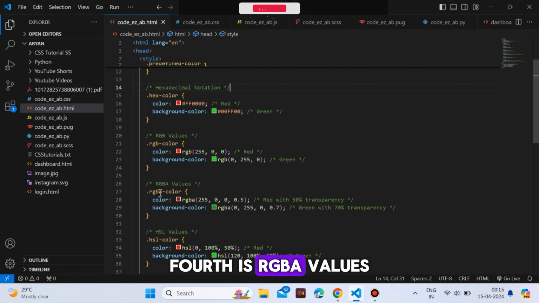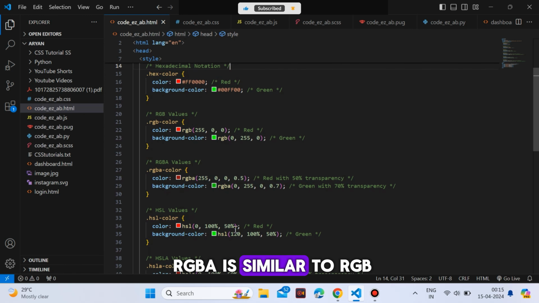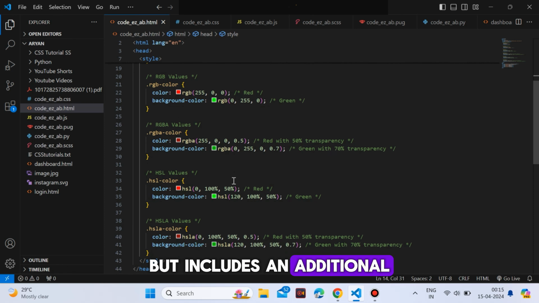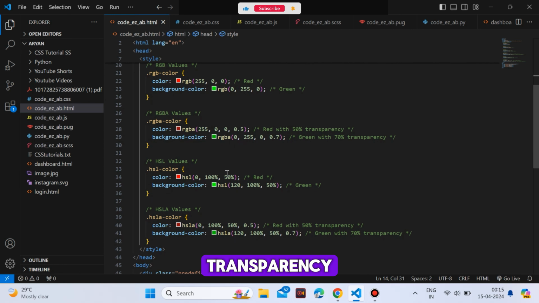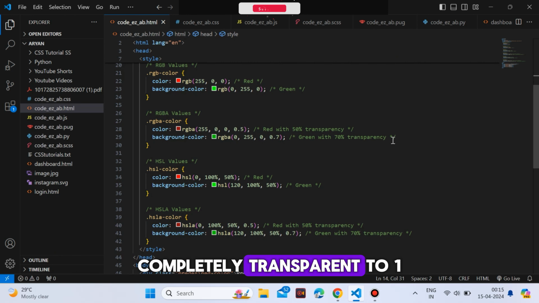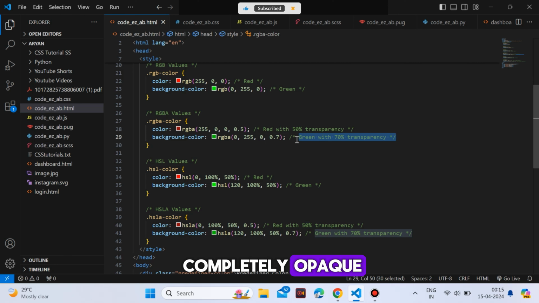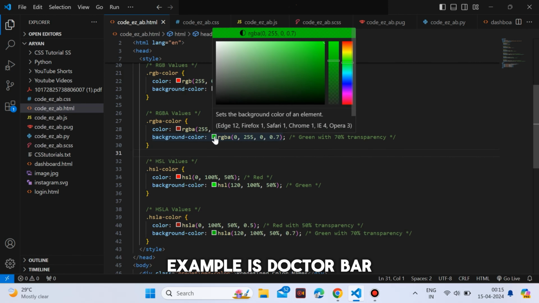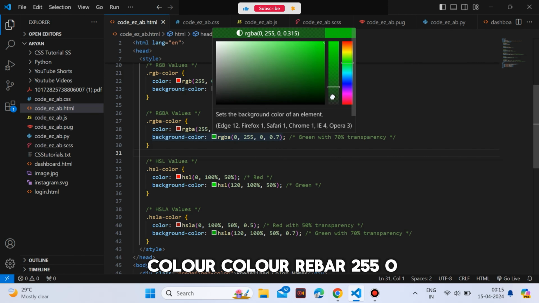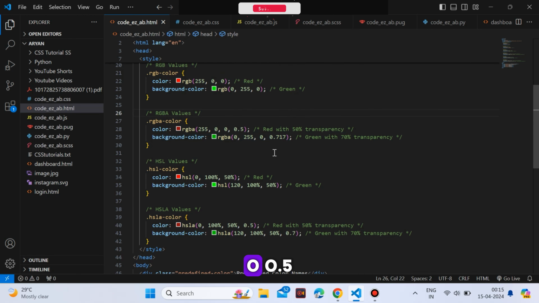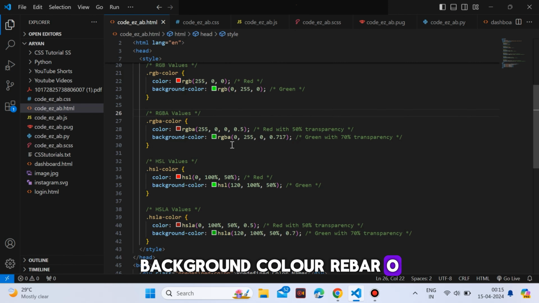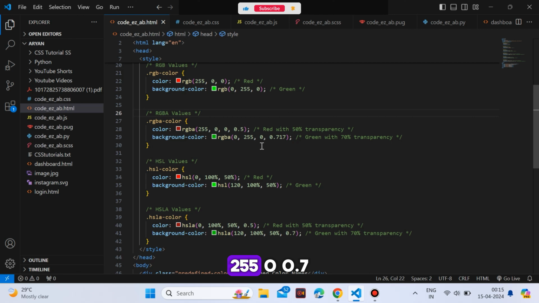Fourth is RGBA values. RGBA is similar to RGB but includes an additional parameter for alpha, transparency. The alpha value ranges from 0, completely transparent, to 1, completely opaque. Example: .rgba-color { color: rgba(255, 0, 0, 0.5); background-color: rgba(0, 255, 0, 0.7); }